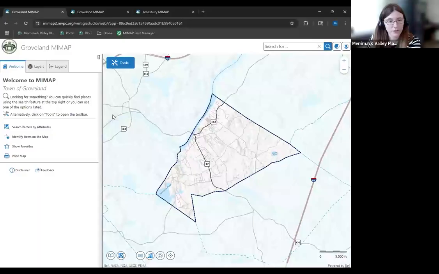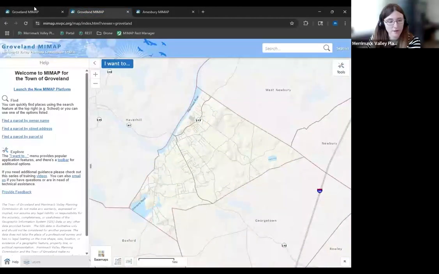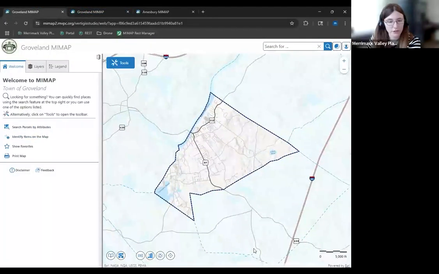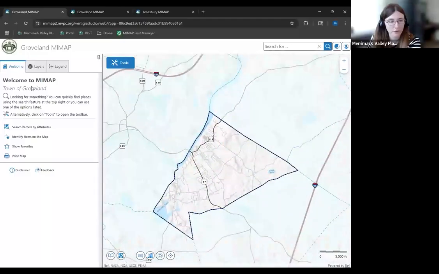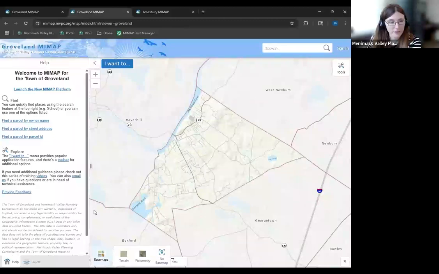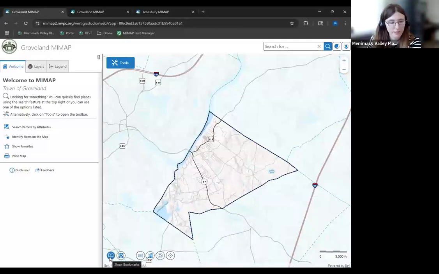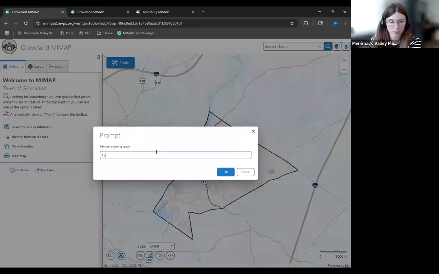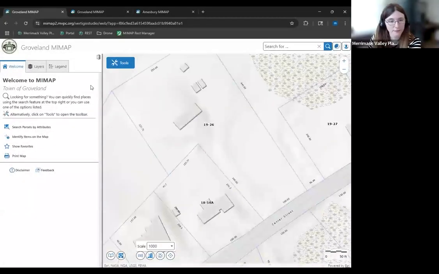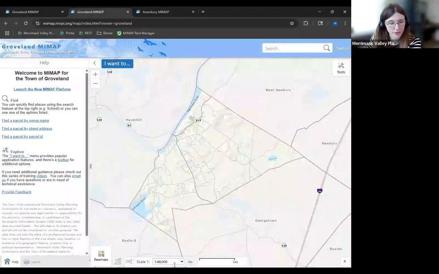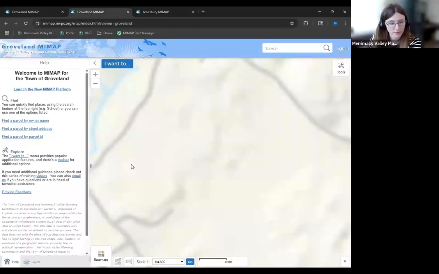So just starting with the home page, you can see this is essentially the same layout. You have your main map screen over here, which you can interact with and move around. And you have your home screen on the left here. You have your buttons at the bottom. You can see your base maps were down here in the old version. It's about the same in the new version. They pop up here. You have some new functions like making bookmarks, as well as being able to do your scale, the map, manually changing each scale level, or, which is a new feature, you can enter in any scale you want specifically to zoom into that exact scale. On the old version, you had to select just from the list alone.